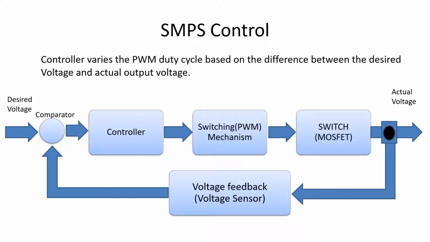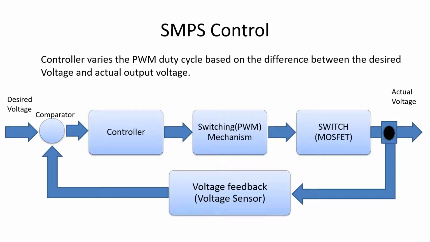That cannot be directly fed to our electronic gadgets. So in order to convert the AC into DC at the desired voltage, we have a power supply. This SMPS is very common in all electronic devices. This SMPS is also a closed loop control system. Here the input is 230 volt.